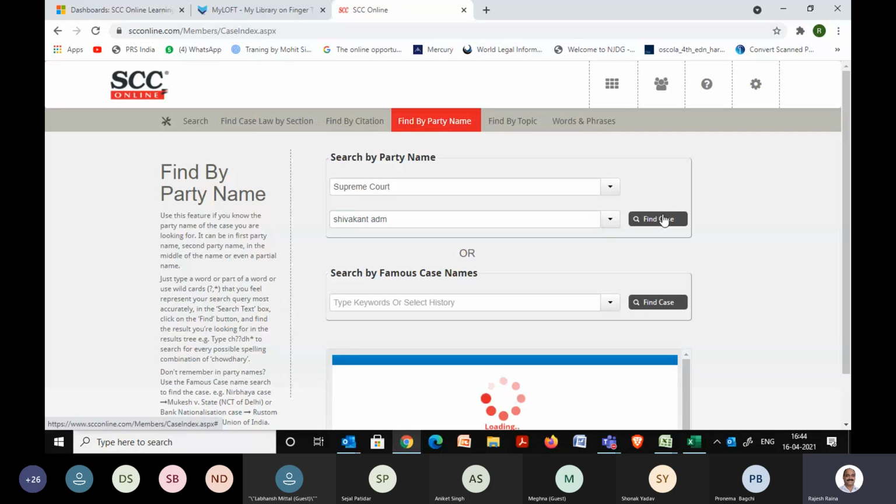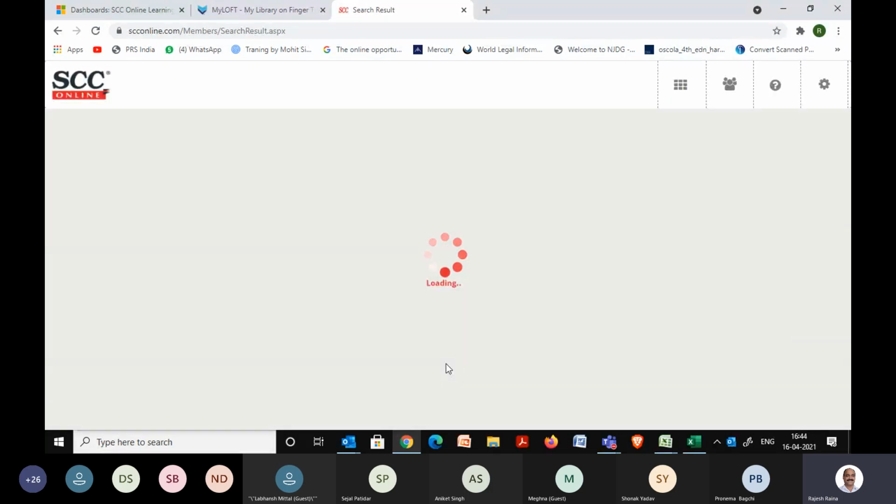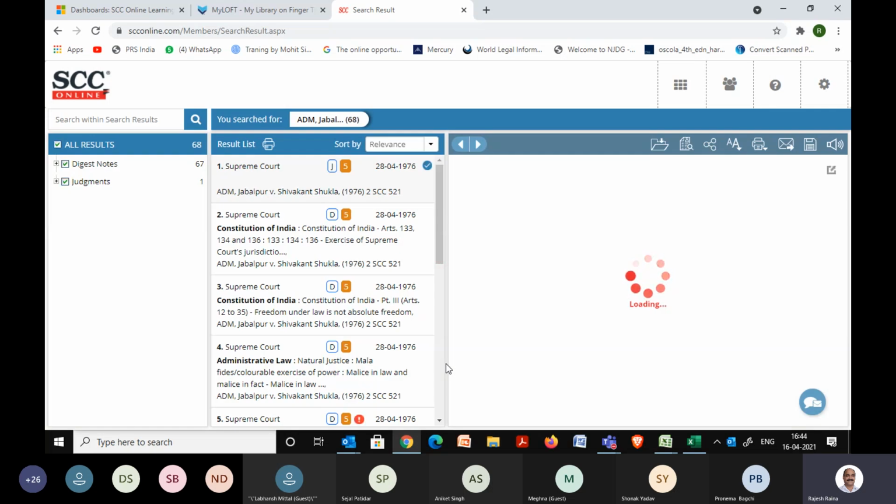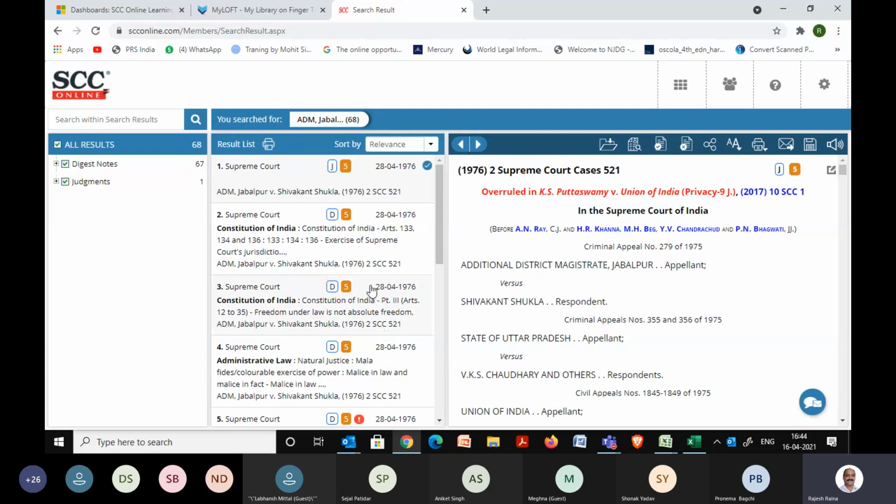And this way, I'll get the unique citation over here on the bottom result window. Double click on that, and it will now open the judgment for me. Now, this particular judgment, you will see there are 67 law points in this judgment. And the second column where I can see the result is showing me the Supreme Court judgment, date of the judgment is so and so. Followed by that, it's also showing me the digest notes.